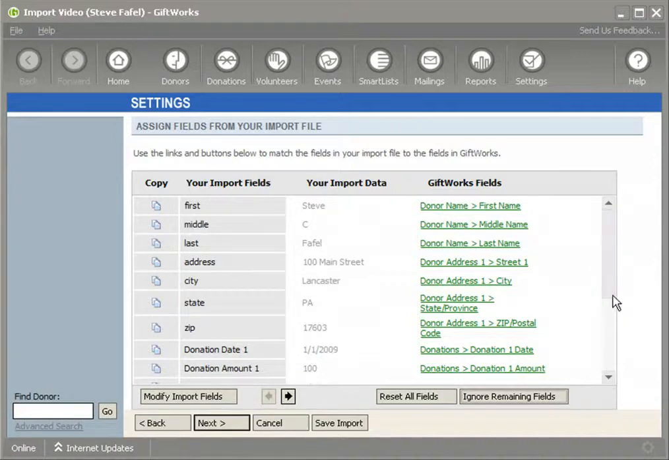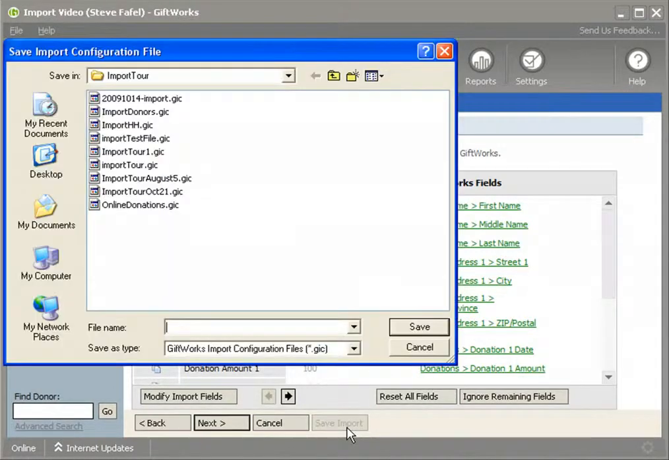Well, one of the things that we've provided to help you do that is this Save Import button at the bottom. This Save Import button will simply allow me to take all the mappings that I've done here, all these assignments of fields that I've done here, and I can save them to a file. It also saves some of the other options that I've chosen as part of the import process. So if I click the Save button, it's going to bring up a save screen where